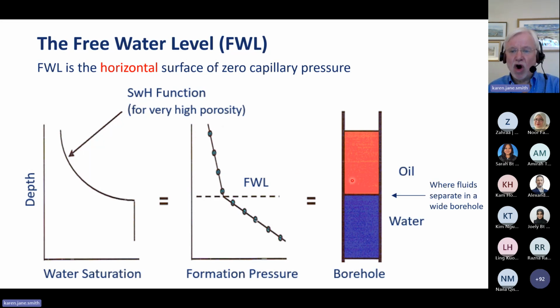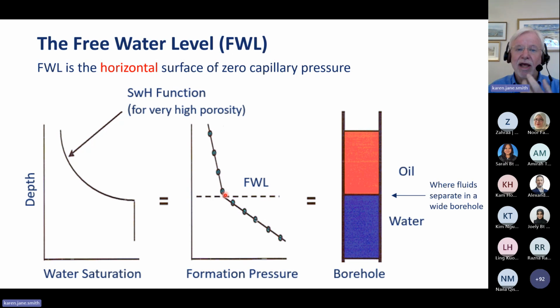If you drilled a large borehole where you're sat now, this would fill up with fluids, with water, and it would fill up to the free water level. In a well, with a wide borehole, this is where the fluid will separate out, and it's the free water level. This is where is the intersection of the pressures. If you took formation pressures in your wells, notice they are straight lines, one for the aquifer, the water gradient, and one for the oil or the gas above the free water level.